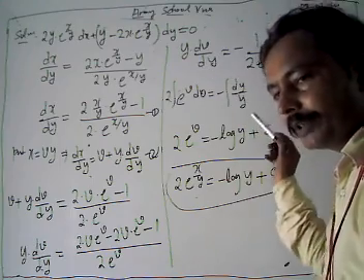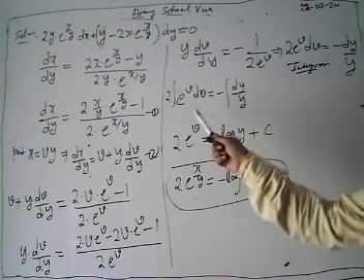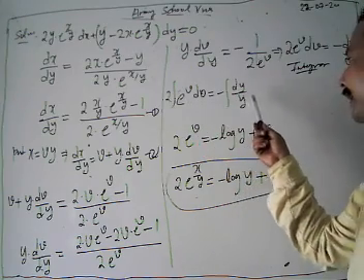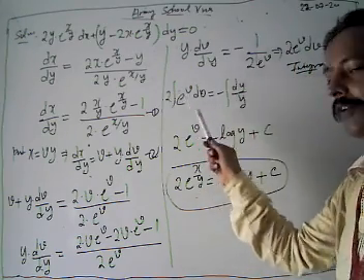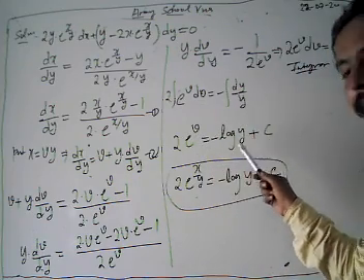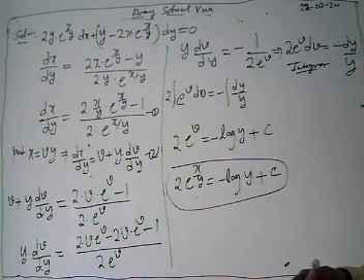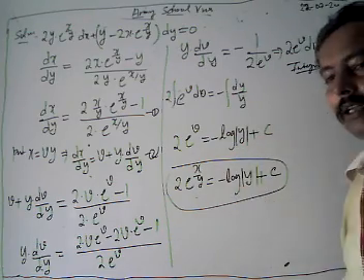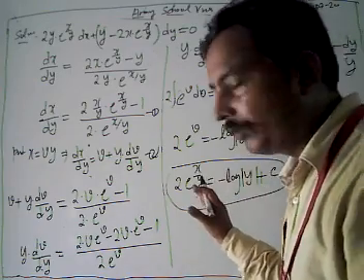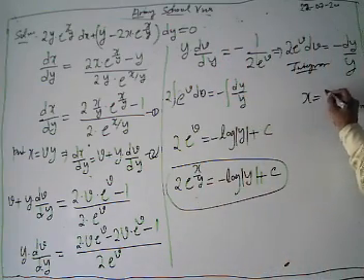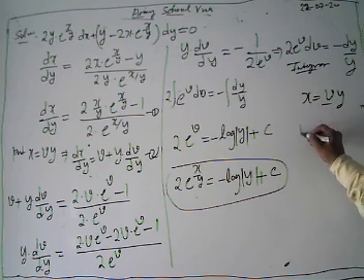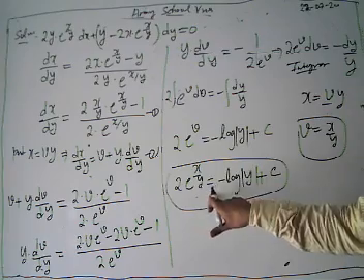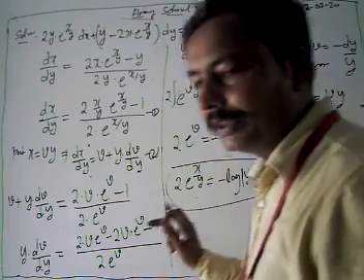Separating our variables, finally we have 2 integration of e to the power v dv equal to minus integration of dy by y. Then integration of e^v is e^v, so 2 e^v equals minus log mod y plus c. Lastly, in the place of v, since we put x equal to vy to solve, we have to put x by y. Then we get 2 e to the power x by y equal to minus log mod y plus c.